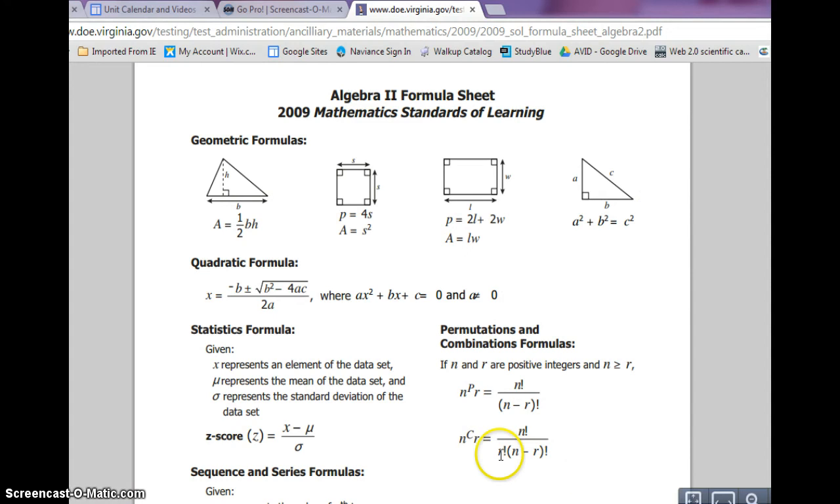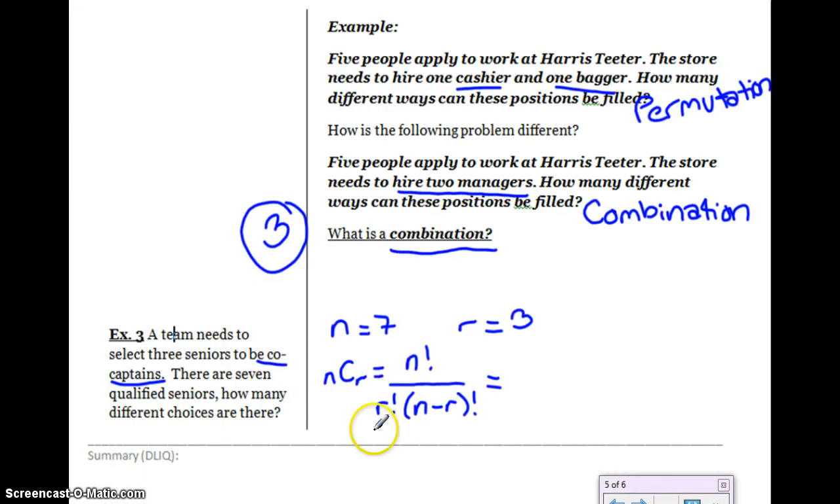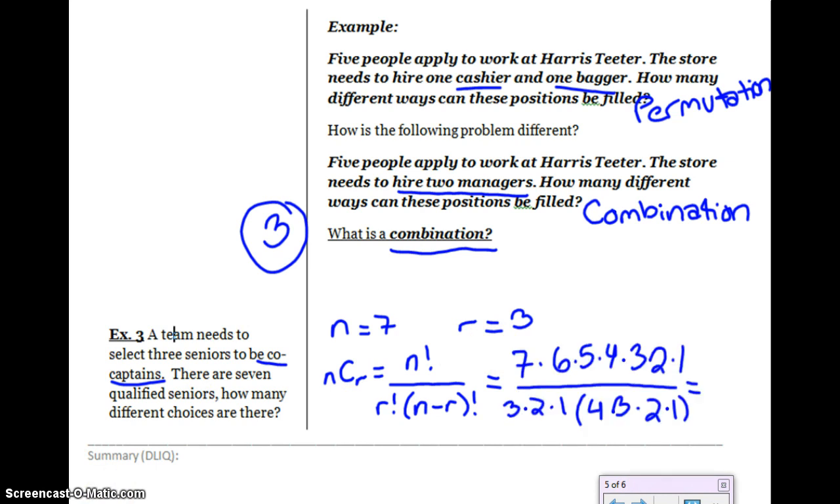If we take a look back at our formula sheet, this is now the C instead of the P. It's still n factorial. It still has n minus r factorial in the denominator, but I have an additional piece. The r factorial is also now in the denominator. This is now the formula that we're going to use. 7 is going to be our N, and R will be our 3 because we have 7 seniors and we want to pick 3 of them to be the co-captains. Let's go ahead and substitute in. Cancel out your common factors, and we get